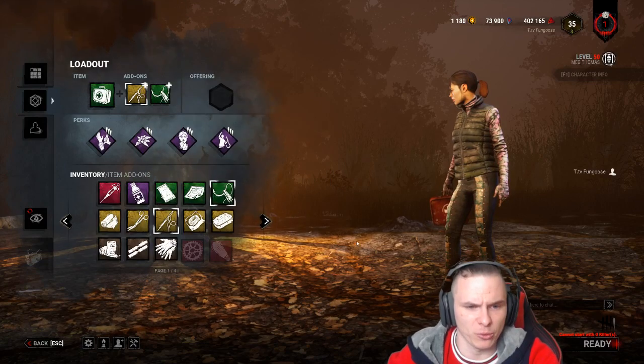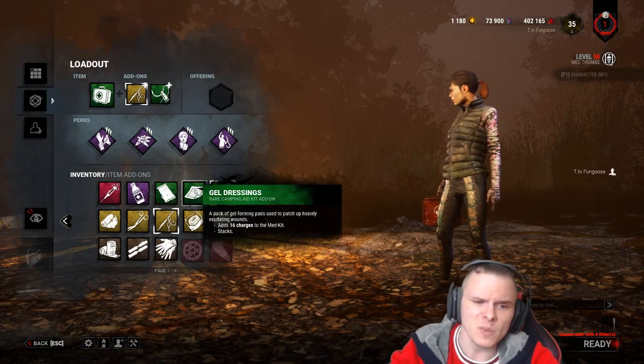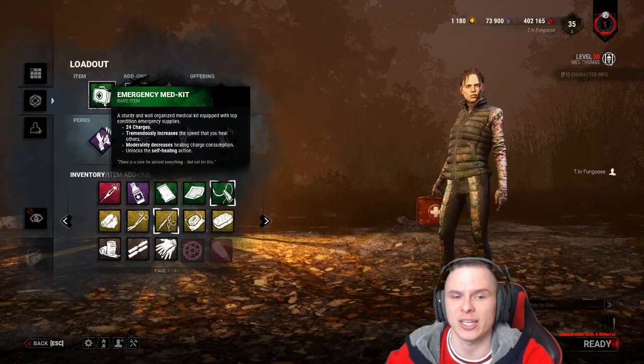Right, guys, moving on through the add-ons, you have, my personal favorite, the gel dressing. This has 16 additional charges. That is 1 full heal without botany knowledge. Right, this medkit will allow you to heal twice